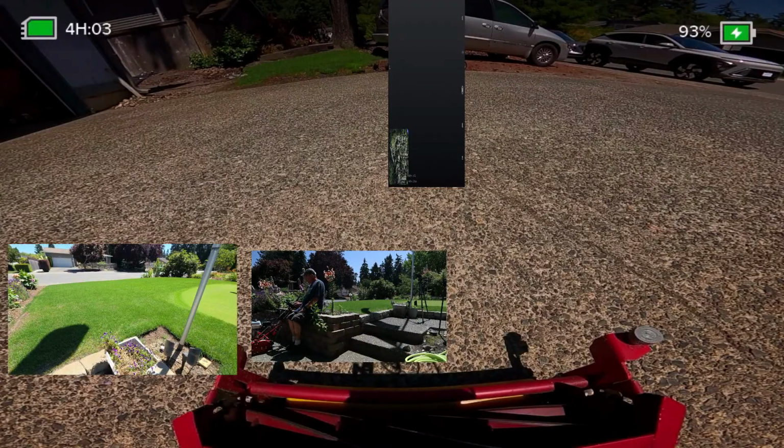Man, for everything that was just working really good, now all of a sudden it's just not working good.